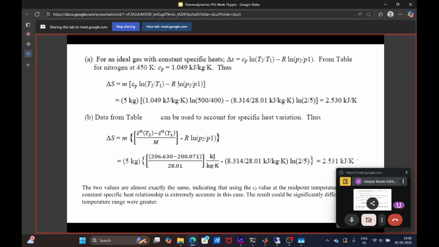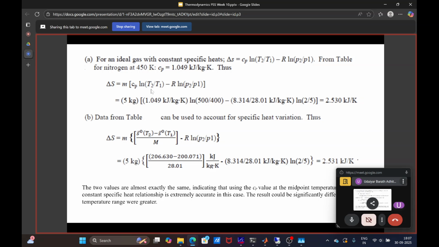So R can also be found out using the universal gas constant and the molar mass of nitrogen. We know the molar mass of nitrogen is 28. So 8.314 divided by 28 gives you R in terms of kilojoule per kg Kelvin. Substituting the values, we get mass given as 5 kg and Cp is 1.049 kilojoule per kg Kelvin from the